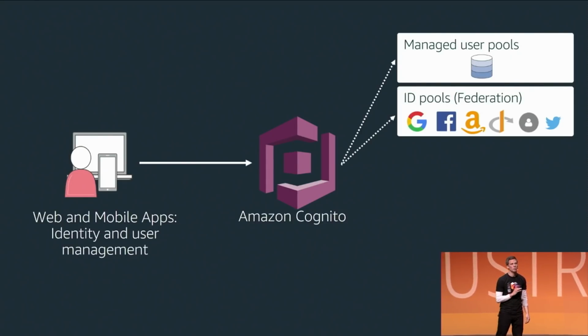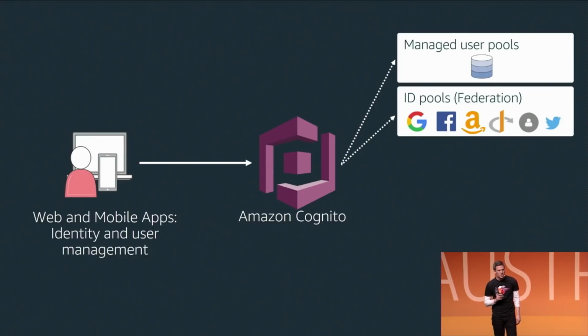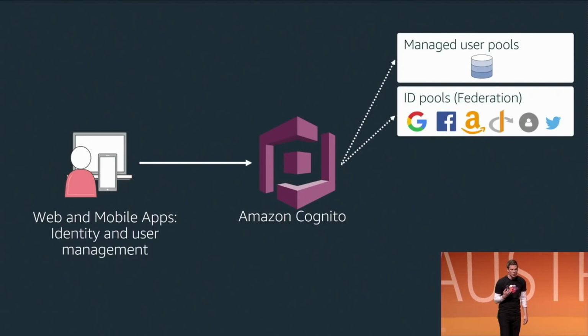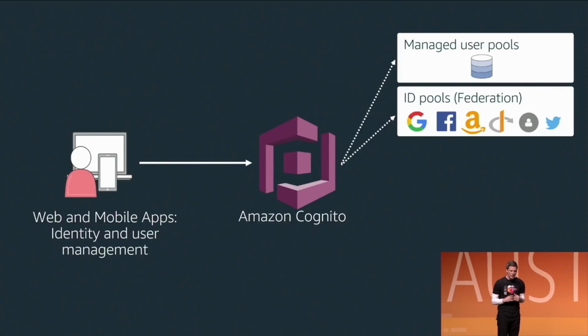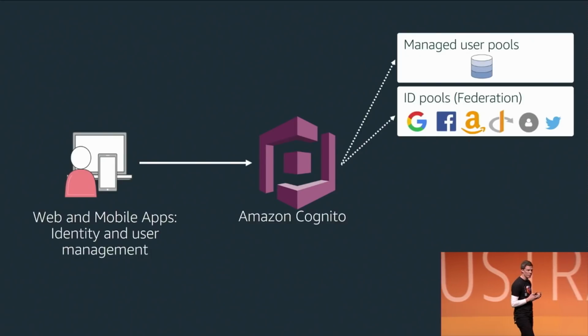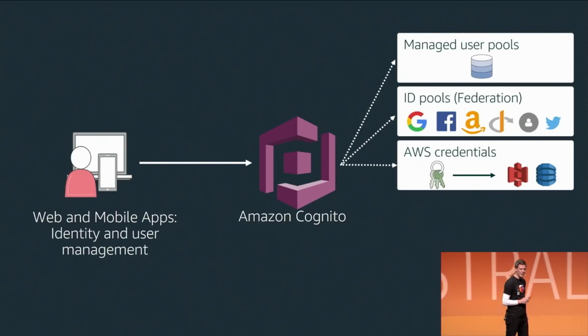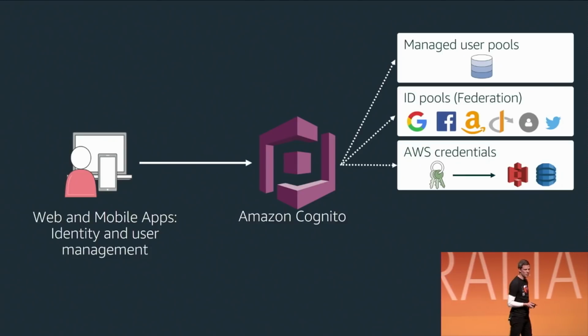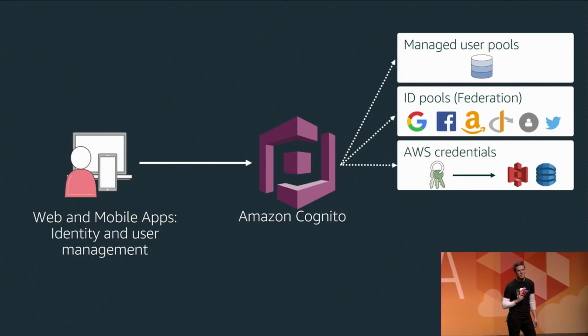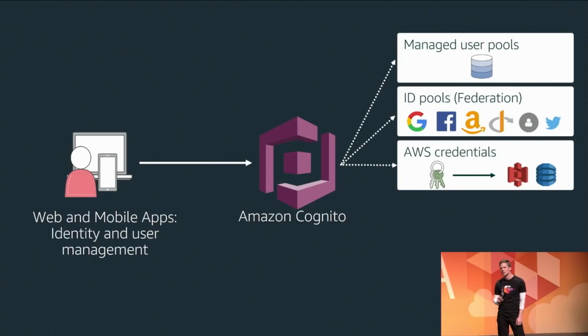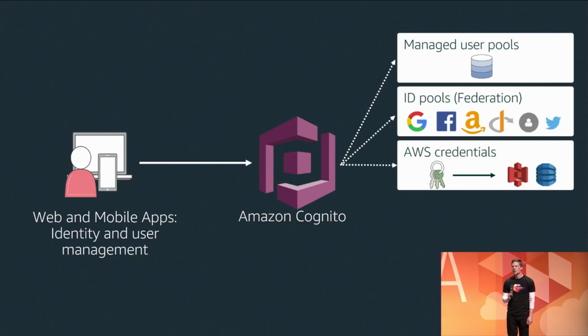We can use our identity pools, which is our federated access. These identity pools allow us to use Cognito to federate our Googles, our Facebooks, our Amazons, and Twitters, and use these public IDPs to authenticate users, and then trade that authentication for tokens and credentials that allow us to interact with our AWS backend services. So now I'm leveraging Cognito to enable my developers to actually operate inside my AWS environment as well. Again, the identity provider platform is not something that I have to build or manage.